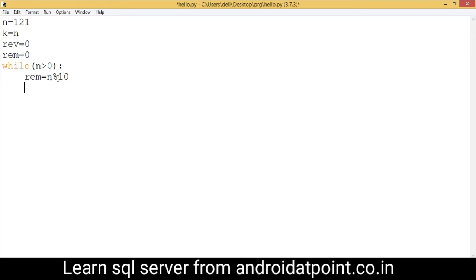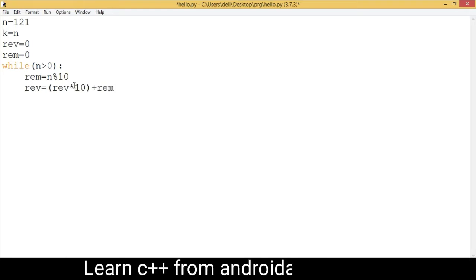The value of n is divided by 10 and the remainder is assigned into the ram variable, because the modulo division always returns the remainder after division. Now write rev equals rev multiply by 10 plus ram, and look here, this statement works as first of all multiply the rev value with 10 and add the ram variable value and assign it to the rev variable.